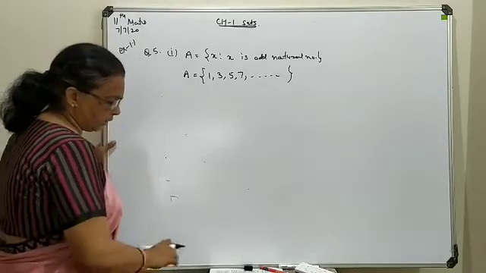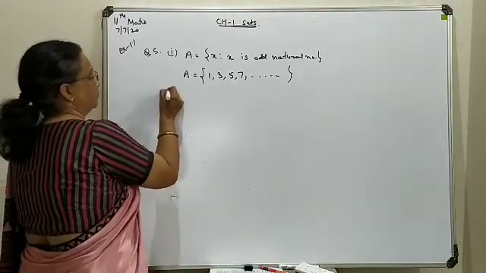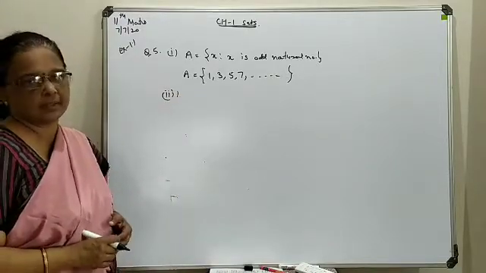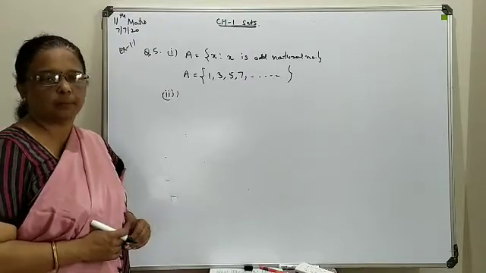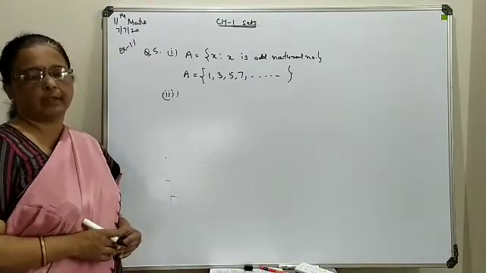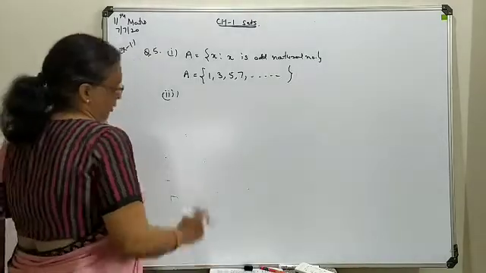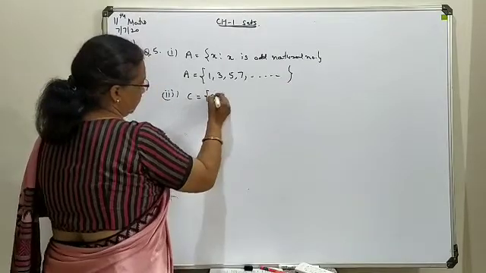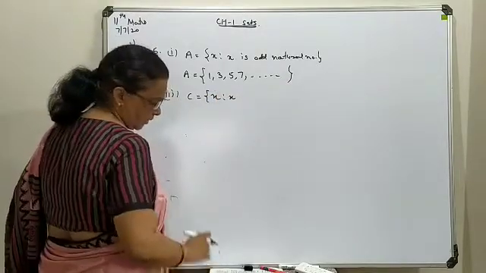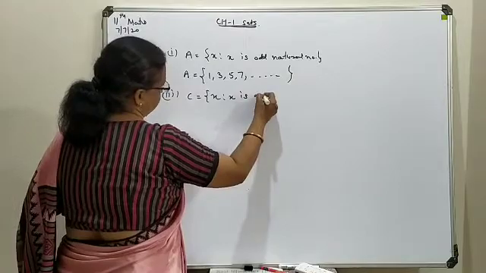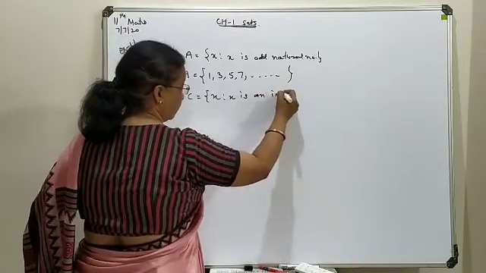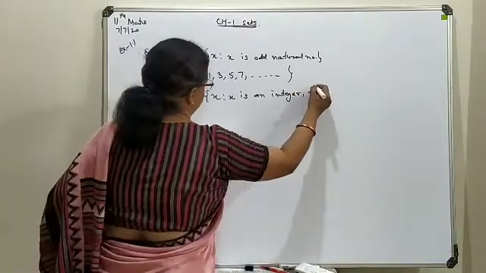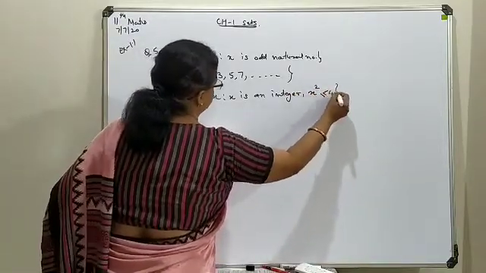Now one more we are going to take here, that is the third part. In between, whatever I am going to skip, you are able to write down if your concept is clear. So please make that also complete while writing the answer for any of the questions. So in the third one, your set is x, where x is an integer. What is the limitation? x square should be less than or equal to 4.